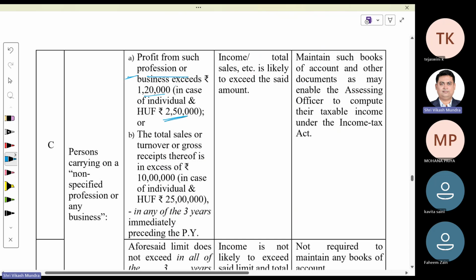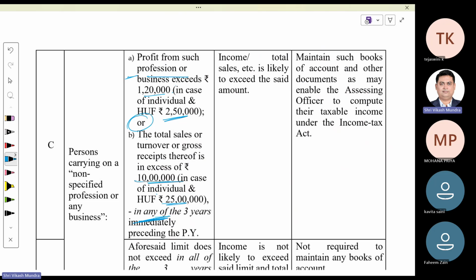If profit from my such business or profession exceeds rupees 1 lakh 20,000, or the total sale or turnover from this business or non-specified profession exceeds rupees 10 lakh, in case of individual HUF, this limit is 25 lakh, in any of the 3 years, if my business profit in any of the last 3 years exceeds rupees 1 lakh 20,000, or my turnover exceeds rupees 10 lakh,